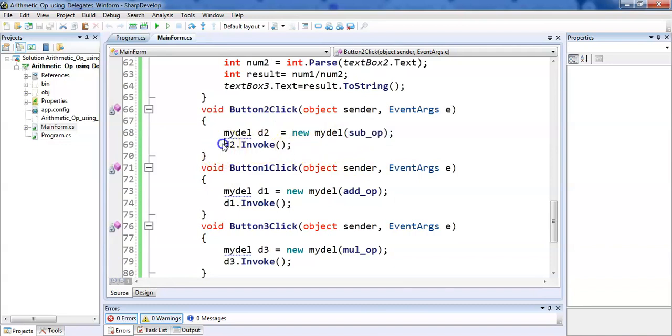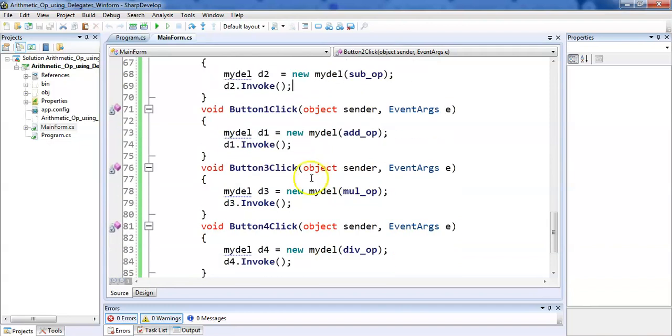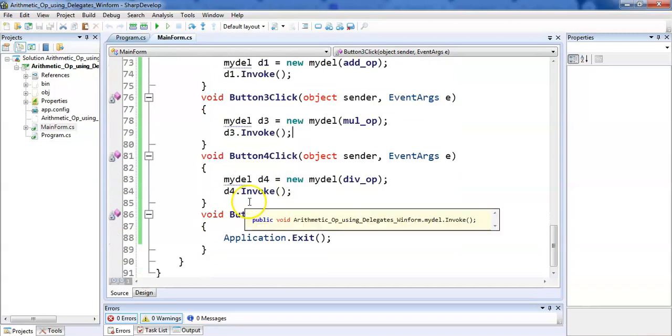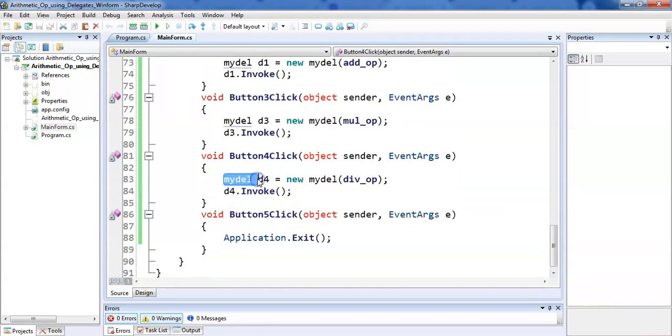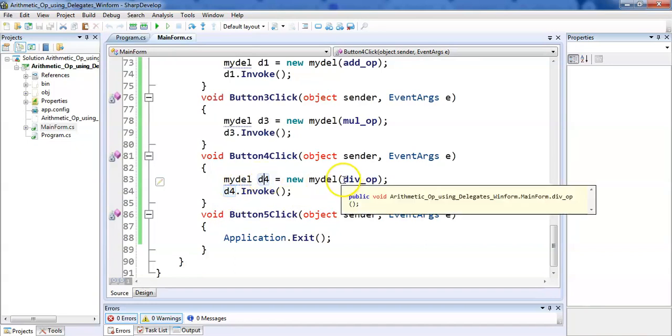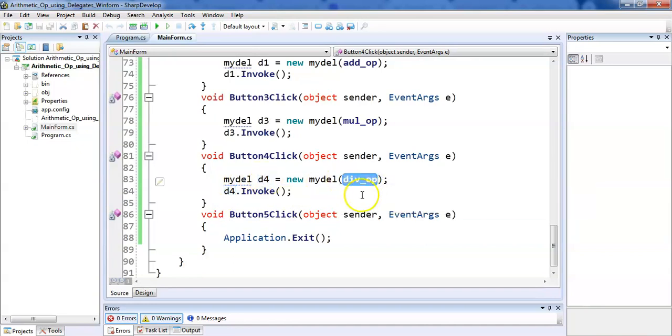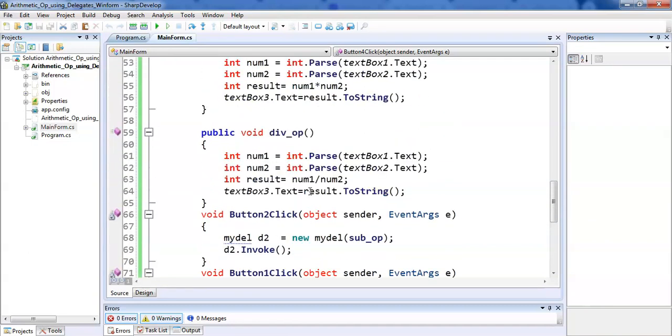And now finally we are going to invoke this d2. In this way, MyDel d3 is going to point to the mult operation, and we are going to invoke it. And in the same way MyDel d4 is an object of MyDel, and it is going to point to the division operation. And finally we are going to invoke d4.